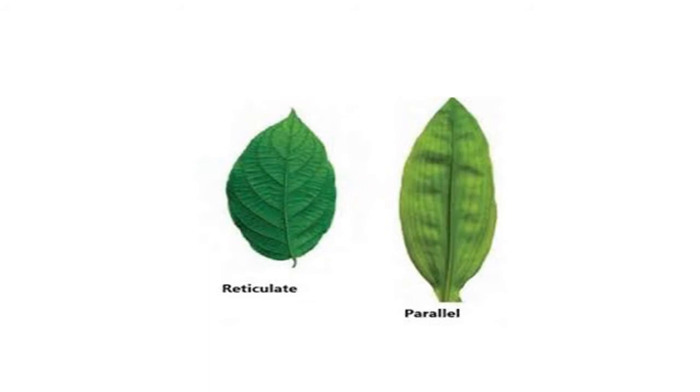The second figure is about parallel venation, an arrangement of venation of parallel type, where in the central region the midvein or main vein is located, and on both lateral sides, the other veins, veinlets, are arranged parallel to each other. So by comparing both figures of reticulate venation and parallel venation, now we have a clear idea about the difference between both types of venation.